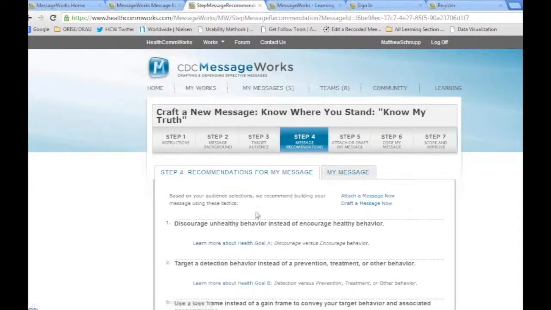So you'll fill those out, and then when you do, you're going to get recommendations right off the bat on ways that you can select health messaging tactics to get the best impact based on what the research would recommend. So discouraging unhealthy behavior, those ones that we saw at the end, we reiterate this so that you have some chance to familiarize yourselves with those concepts.